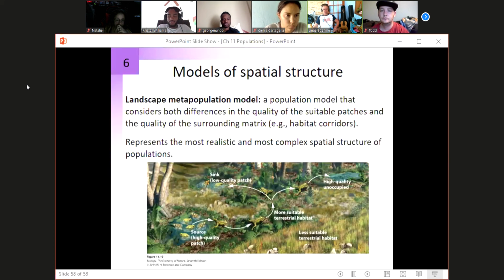And the example your book gives you here is looking at frogs specifically. They have a high quality lake, a very important mossy, moist habitat that acts as a habitat corridor to a lower quality patch, maybe with a lot of predators, and then a higher quality unoccupied patch. So you can look at an entire landscape and try to devise ways that organisms can get from these high quality patches to other high quality patches, or any patch at all. And we connect all of those things together